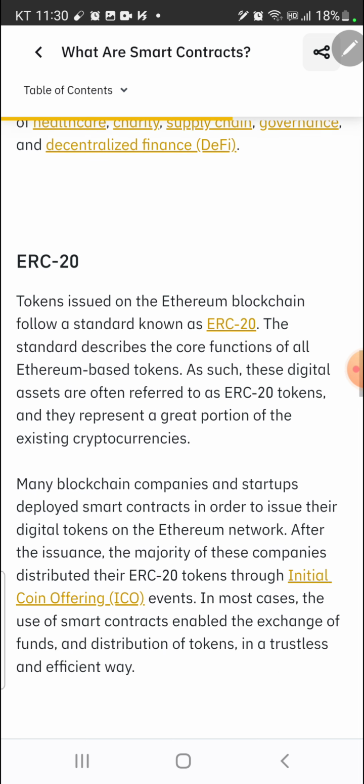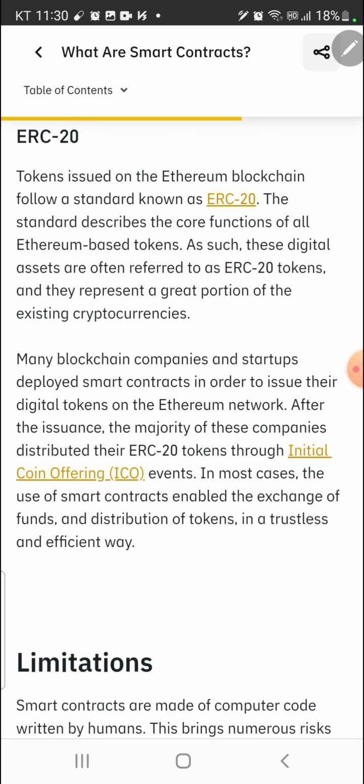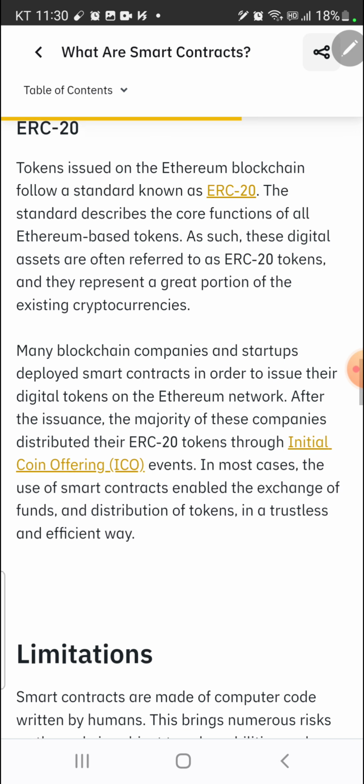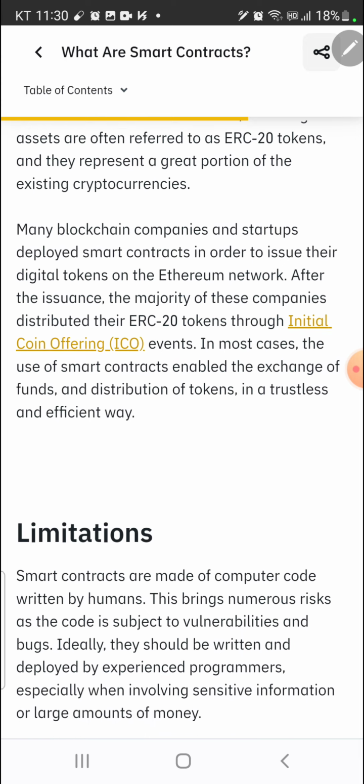ERC20 tokens. Tokens issued on the Ethereum blockchain follow a standard known as ERC20. The standard describes the core functions of all Ethereum-based tokens. As such, these digital assets are often referred to as ERC20 tokens, and they represent a great portion of the existing cryptocurrencies. Many blockchain companies and startups deployed smart contracts in order to issue their digital tokens on the Ethereum